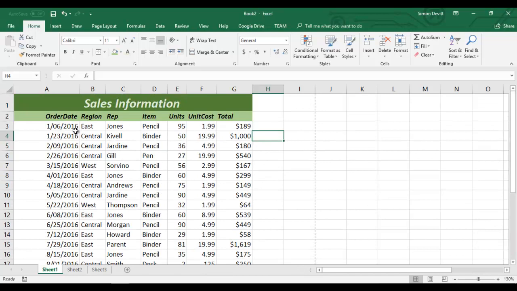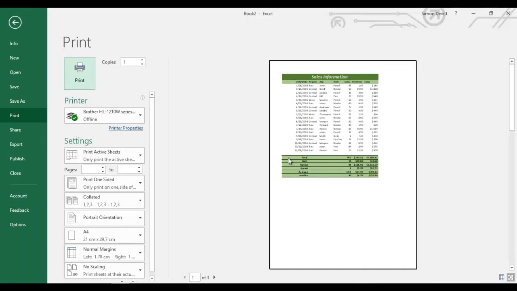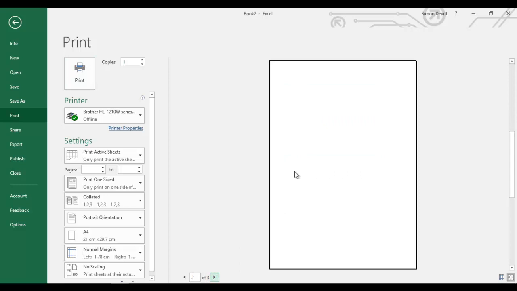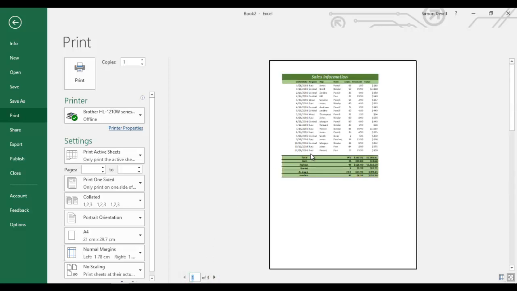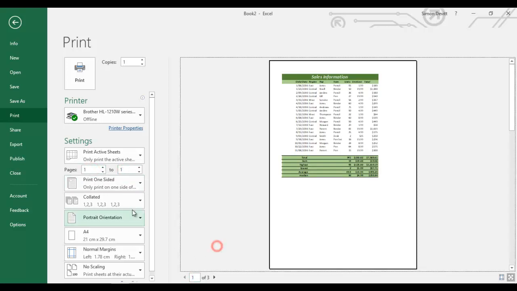If I wanted to go and print using Control P as a shortcut key, I can bring up the print dialog box. At the moment it's showing that there are 3 pages that can be printed off. If I click on next, you'll notice that there is a blank page. On the 3rd page, however, I've got the shortcut keys that I showed earlier. So if I don't want to print all those pages because it would be a bit wasteful, I can say that I want to only print 1 to 1 page. By doing that,